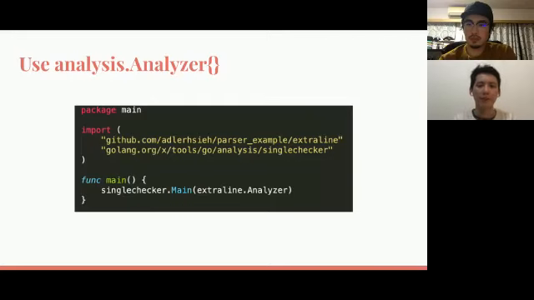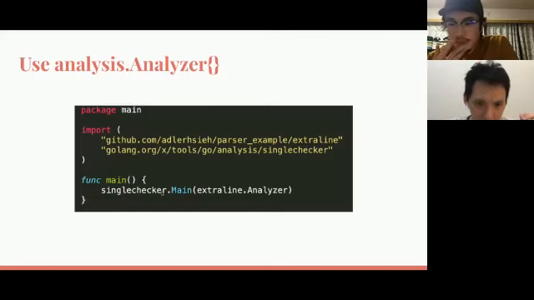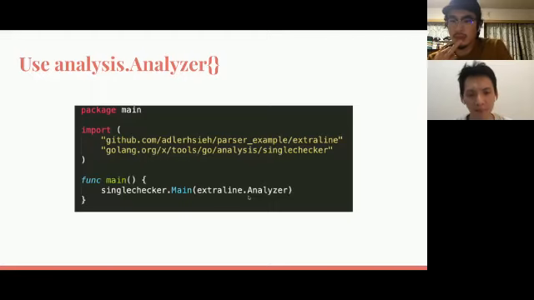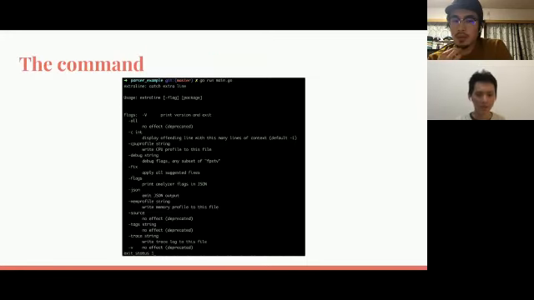And after we extract the entire thing to another package, we have the main package here. The main package is very simple. We have a Go Analysis single checker here to run our analyzer. This is a good thing because if we have multiple analyzers, we can string them together with another package called unit checker. I don't have the slide here, but if you're interested in that, you can check it out later. It also offers some kind of